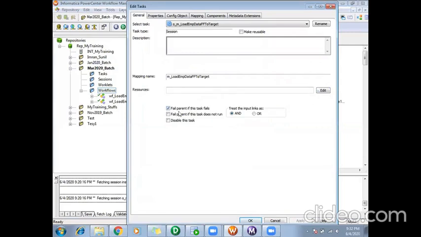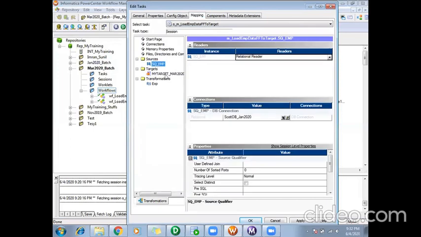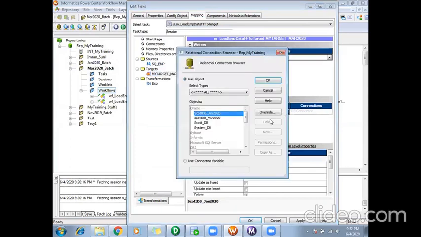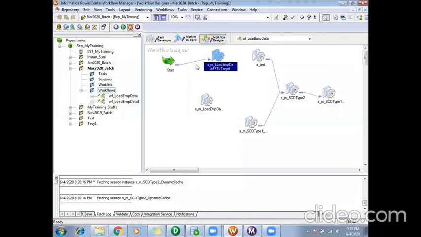So assume I have not enabled this property. I will just change something, to make this workflow fail.